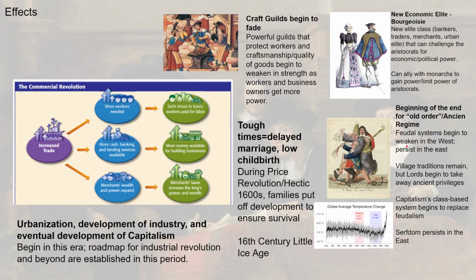Effects of the commercial revolution. So you do see some changes that begin to develop. I didn't talk about it too much, but one of the main economic forces in Europe in this period was the guild. You could think of it as some sort of trade union. It's kind of like that, but it's more of a way for artisans, which are people in cities that craft shoes, tailor clothes, make barrels, work with metal, iron, things like that.